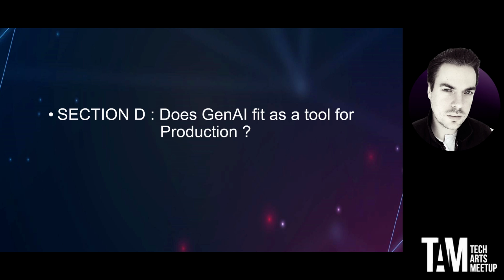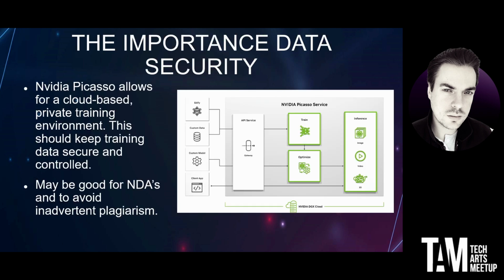So we'll have a look at, as I say, Gen AI, Stable Diffusion. There is something to be aware of as well about data security. Again, this is maybe less for you, more for the people that have to deal with NDAs, or at least when you're in studios as well. There's a huge problem with that information not getting leaked out. However you work as you go through your career, there's going to be stuff that you can't talk about, you can't show, and that's either going to be the tech or the assets themselves. And so currently there are NVIDIA's one, NVIDIA Picasso, offering places for you to have it securely, have it safely, so people can't take that training data, which is very valuable in its own right.